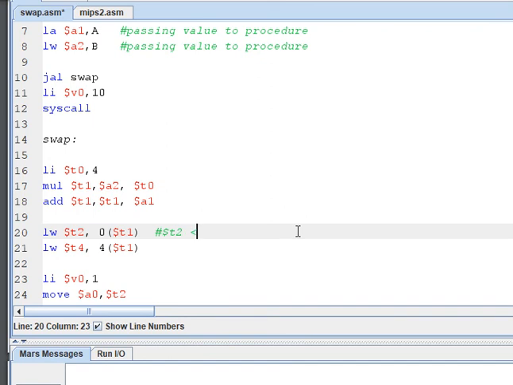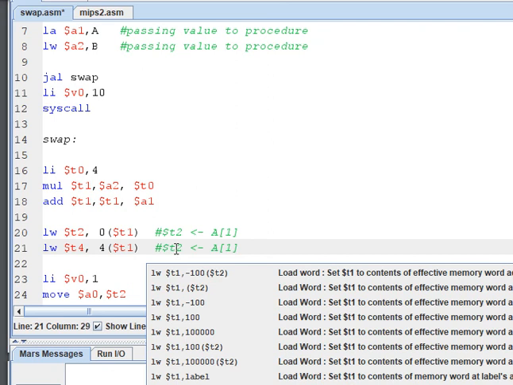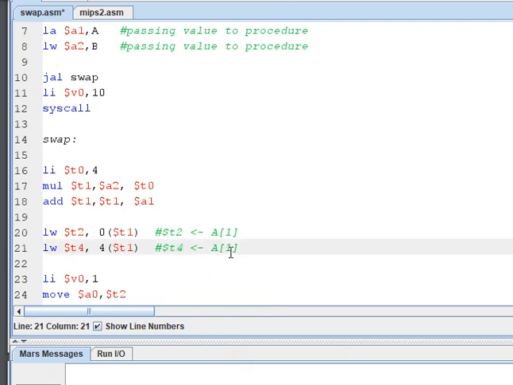And A of k plus 1 I will keep in another register. It's T4. It's okay, any register you can take. So T4. Can you get the idea?